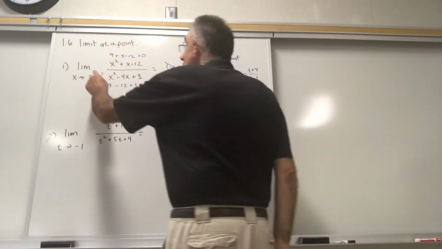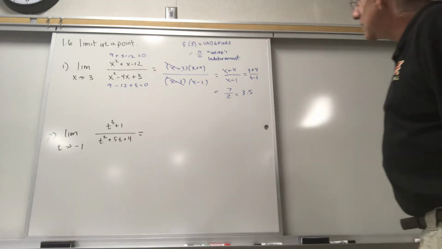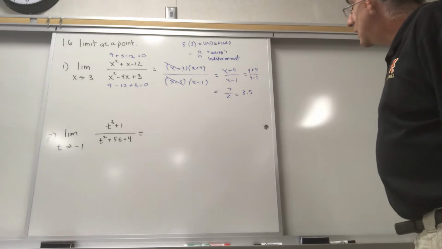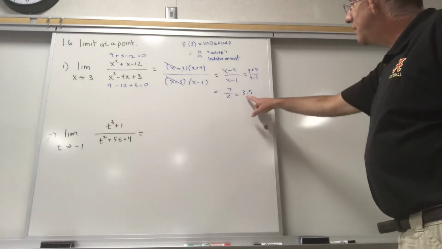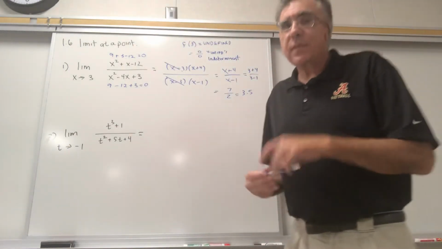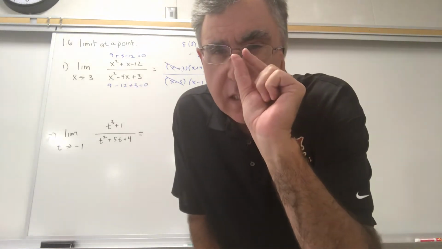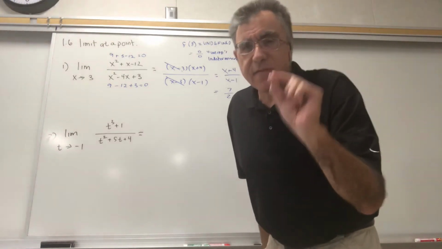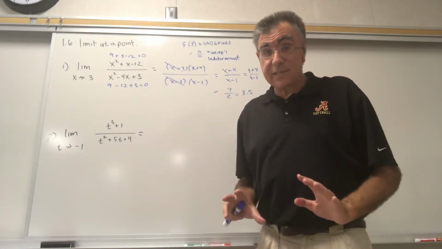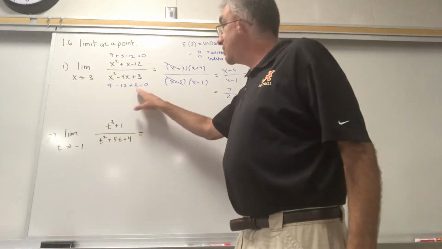So here's the weird part. We're going to say that the function value at 3 is undefined, but the limit is 3.5. So what does that limit mean? What we're saying is, well, okay, I can't actually put 3 in, but what if I get really close to 3? What if I get infinitely close to 3? That's the idea, okay? What if I get infinitely close to 3? And if I get closer and closer to 3, closer to 3,